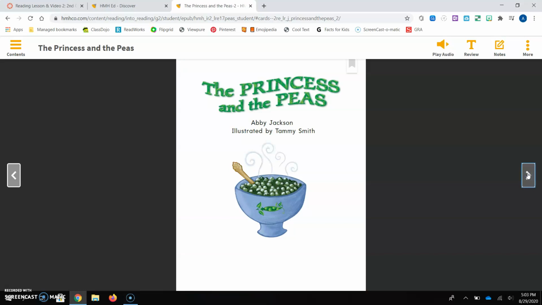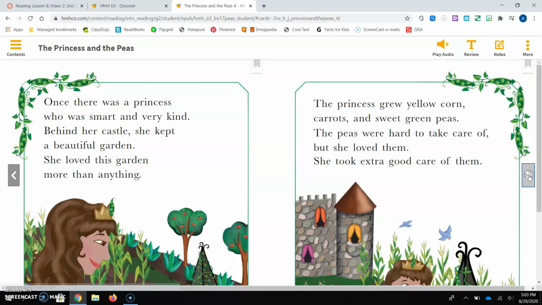The Princess and the Peas. Once there was a princess who was smart and very kind. Behind her